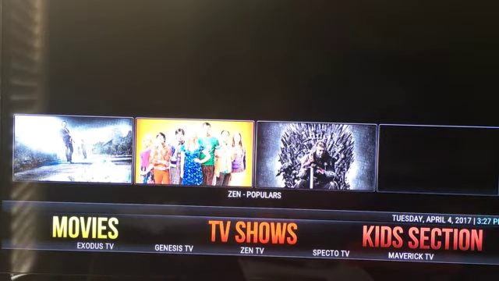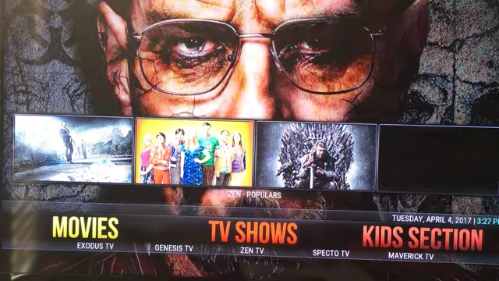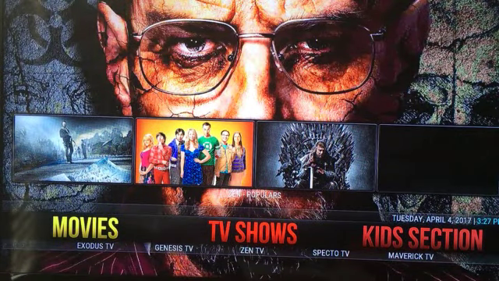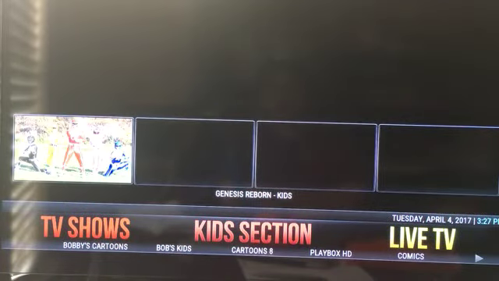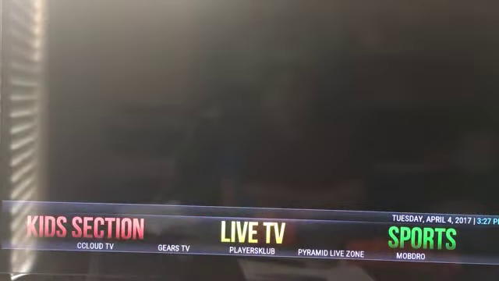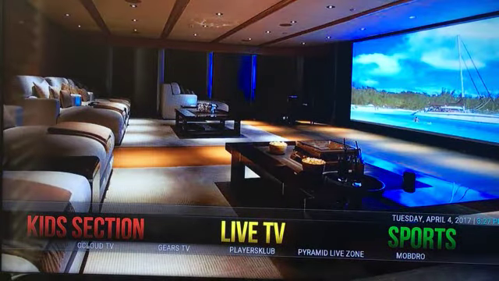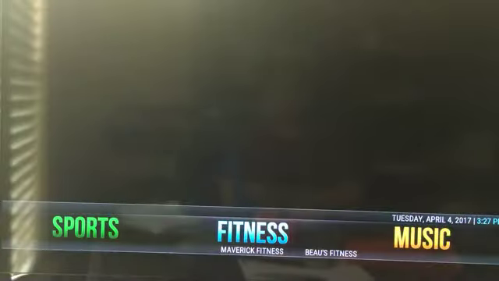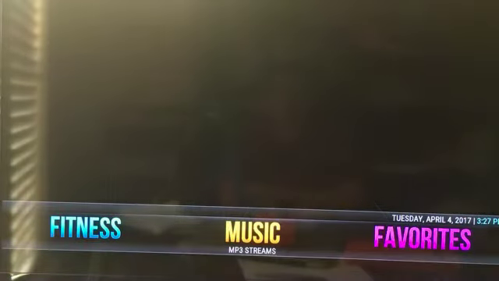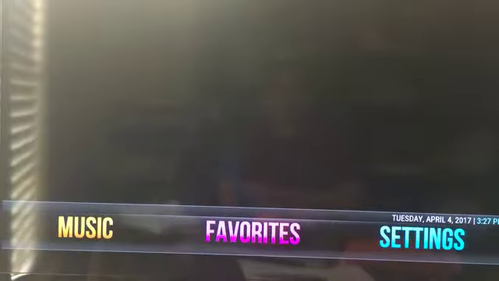It's got to download the art on each one of the shows because, as I've mentioned in the past, I delete all the artwork and then Kodi just pulls it down from the internet. So kids section, same thing. Now the live TV doesn't have a widget, so we're good there. Sports doesn't have a widget, so we're good there. Fitness, same thing. Music, same thing. Favorites